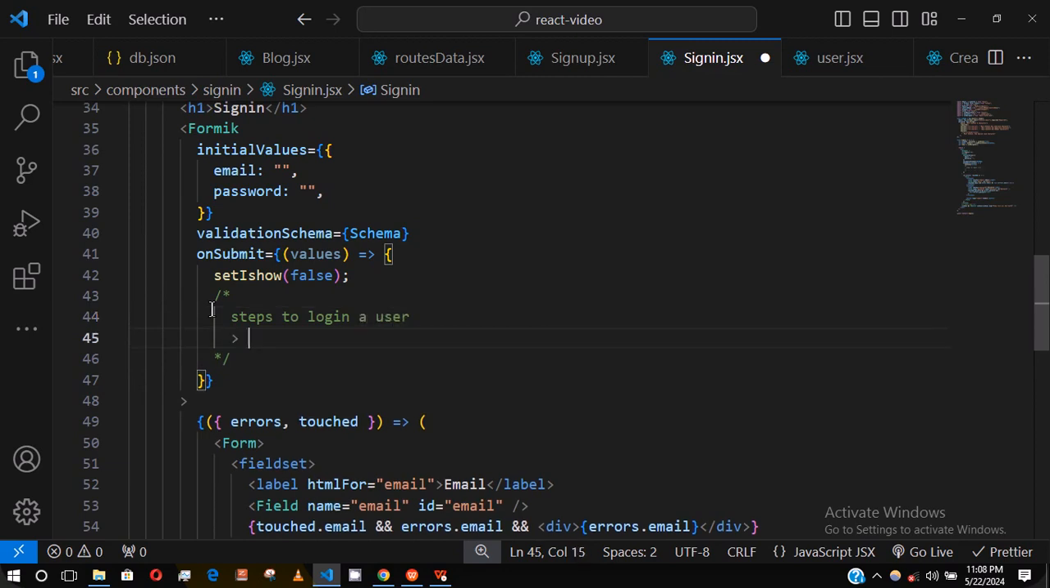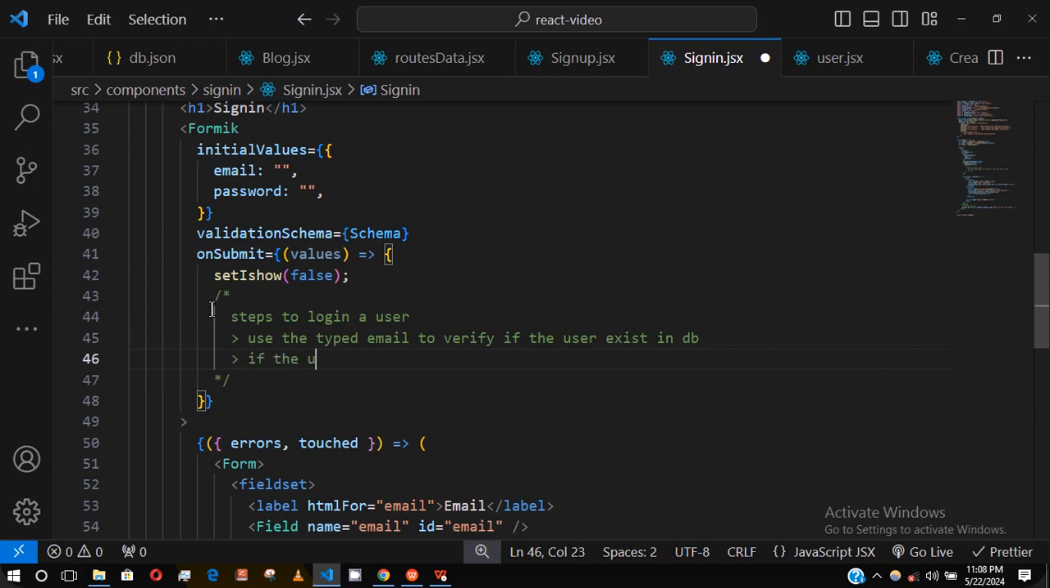So the first step is to use the typed email to verify if the user exists in the DB. Now if the user exists, of course,